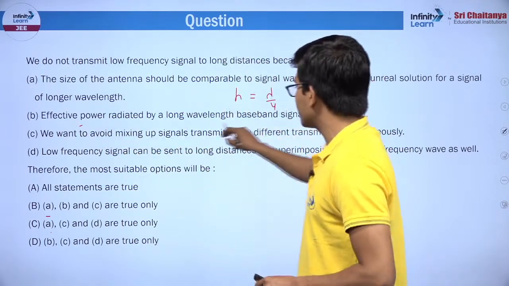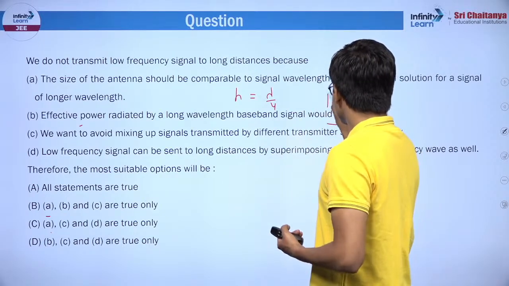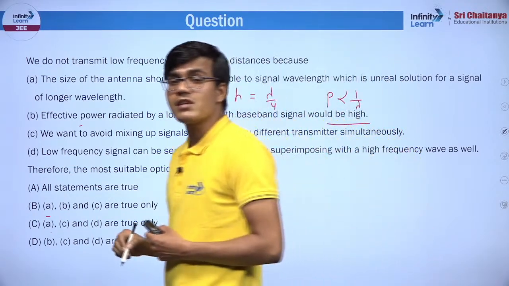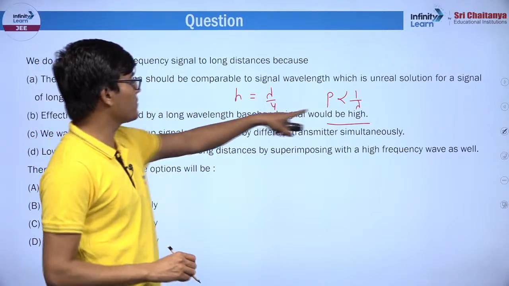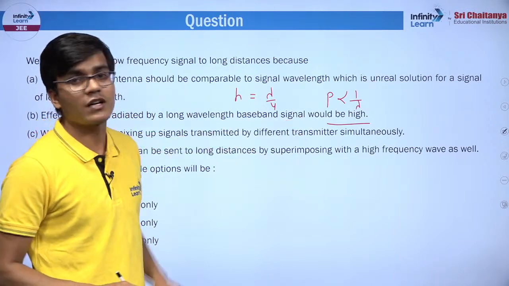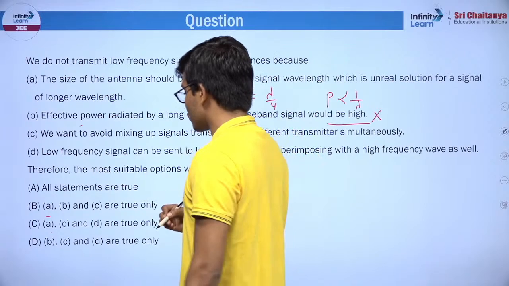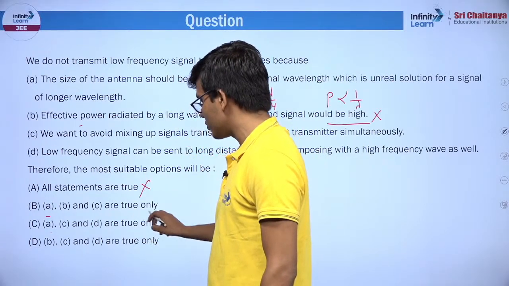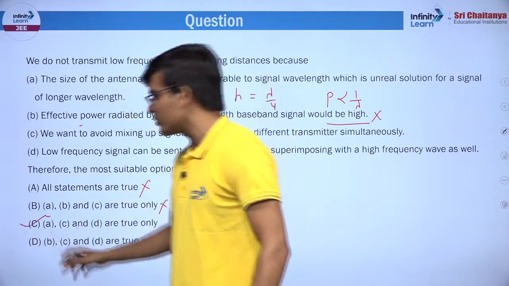Effective power radiated by a long wavelength would be high, और power जो होती है, effective power जो कि radiated होती है, that is inversely proportional to the wavelength. तो longer wavelength है मींस lambda is high, तो पावर क्या होनी चाहिए, कम होनी चाहिए, जबकि वहां लिख दिया high। तो ये भैया ये स्टेटमेंट गलत है। If B statement is wrong तो B की छुट्टी हो जानी चाहिए। यहां से भी B आ रहा है तो ये भी नहीं हो सकता, ये भी नहीं हो सकता, और ये भी नहीं हो सकता। तो पक्की बात है यही होगा, सिंपल।